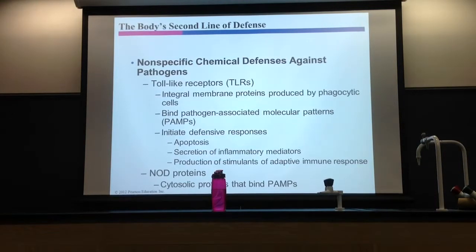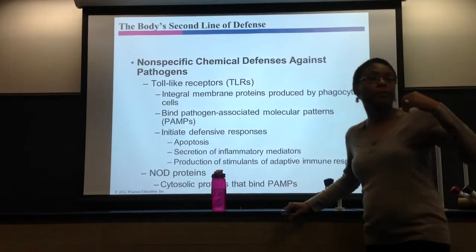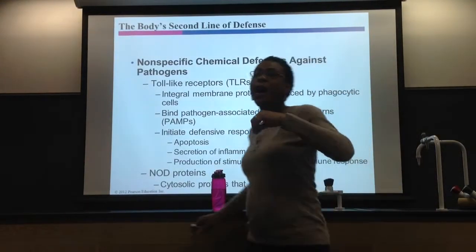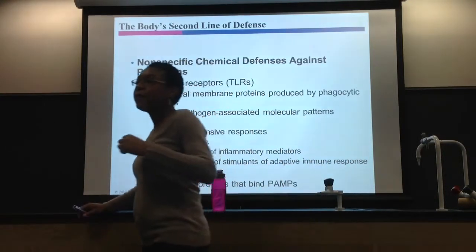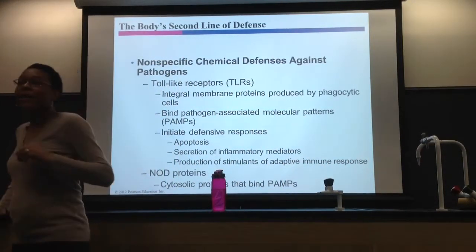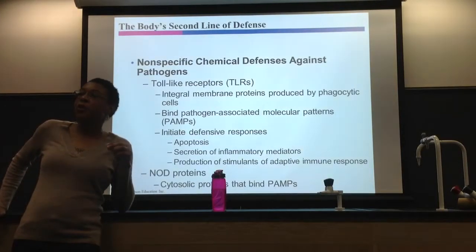Think about things that are associated with pathogens and not your cell. Make sense? You have peptidoglycan? You don't have that, do you? No, you don't have that. So we can bind that, right? Do you all have double-stranded RNA, like some viruses? No, we can look for that, right? Do you all have flagella?